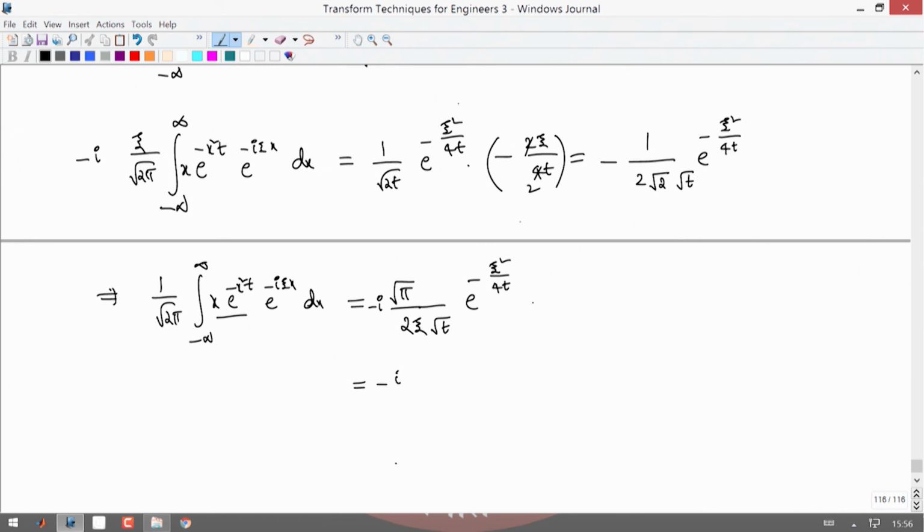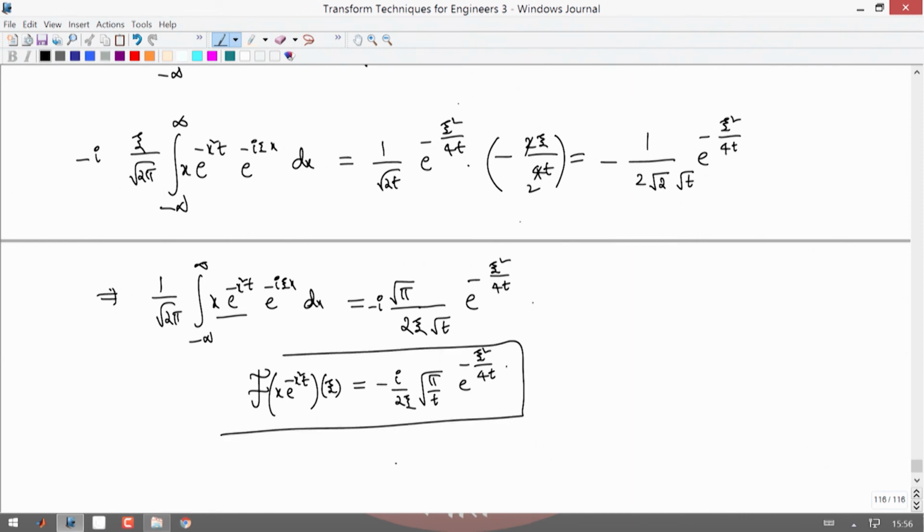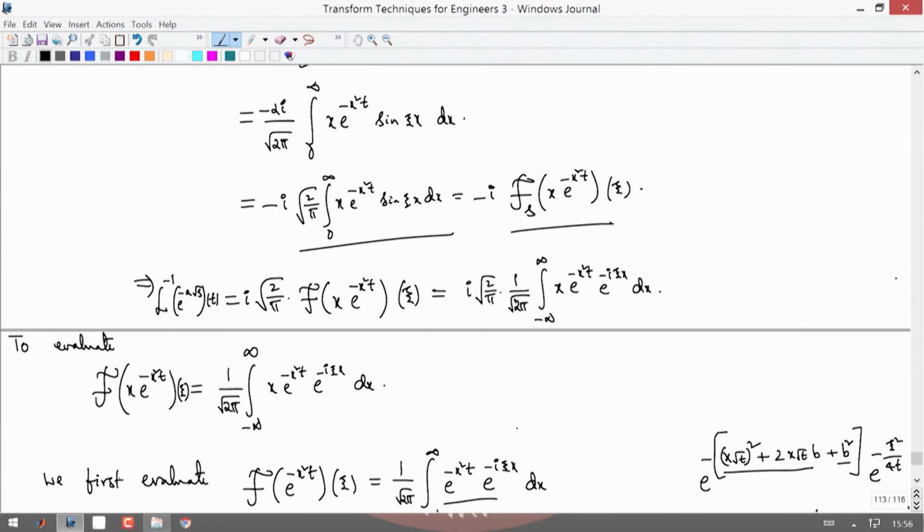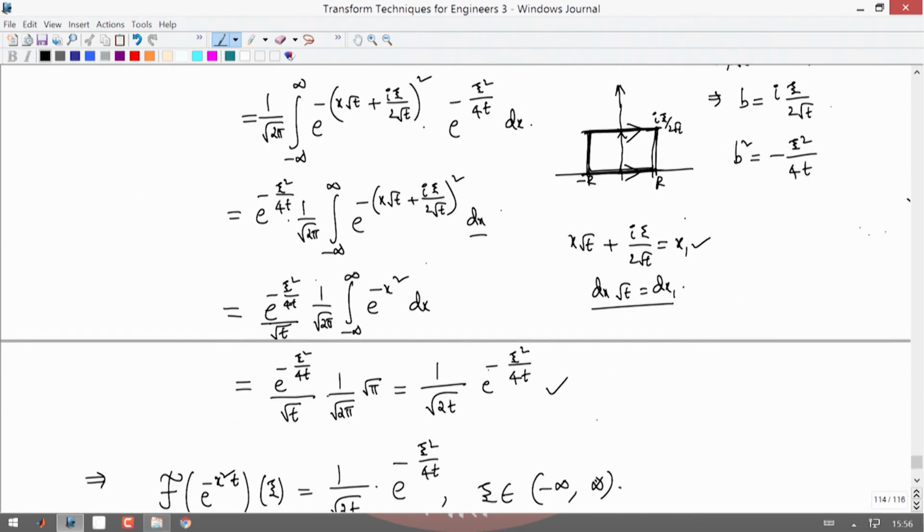So, you get minus I by 2 xi times root pi by t times e power minus xi square by 4 t as your Fourier transform of x into e power minus x square t as a function of xi. Okay. Still always t is positive. So, what we do is we use this here in this, the Fourier transform of this is your Fourier transform. So, in the place of this if you put it, you will see,